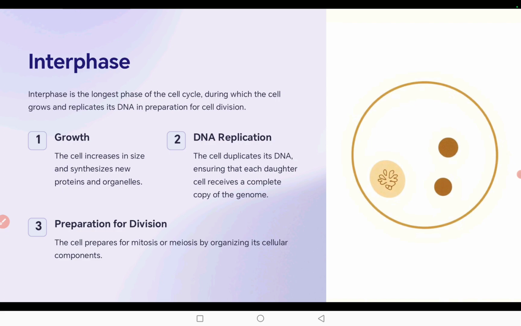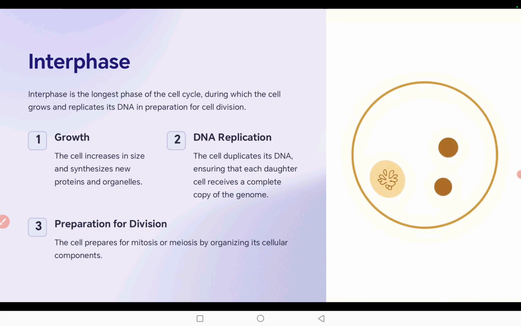The cell is said to be in interphase. जब सेल आपका डिवाइड करता है और डिवाइड के बाद डॉटर सेल्स बनते हैं तो डॉटर सेल्स में बहुत सारे साइटोप्लाज्मिक ऑर्गेनल्स की कमी होती है, प्रोटीन्स की कमी होती है। तो इंटरफेज में इन्हीं ऑर्गेनल्स और प्रोटीन और डीएनए का सिंथेसिस होता है। इसे हम रेस्टिंग फेज भी कहते हैं।